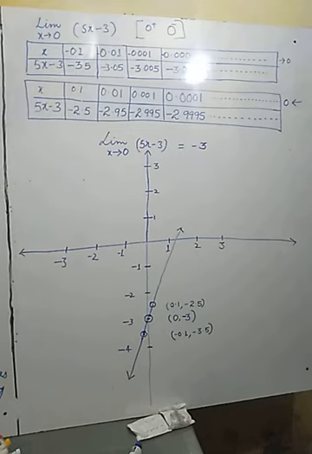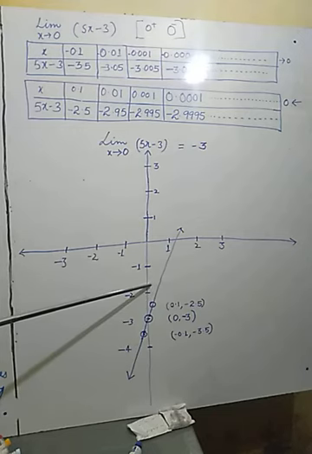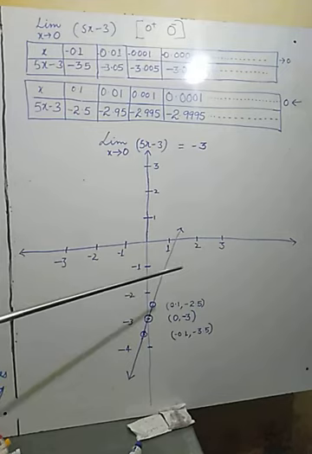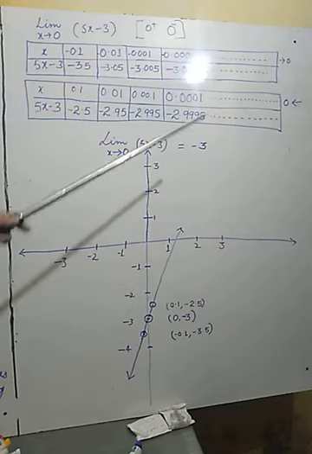And for a straight line, how many points are required? We require only 2 points to represent the graph. For a linear equation, if 2 points are represented, then after joining, whatever is obtained will be a straight line. If 2 points are there, passing through 2 points we can draw only one line, and that line will represent the function, and it will always represent a straight line.